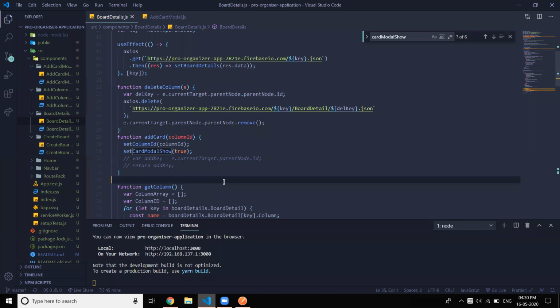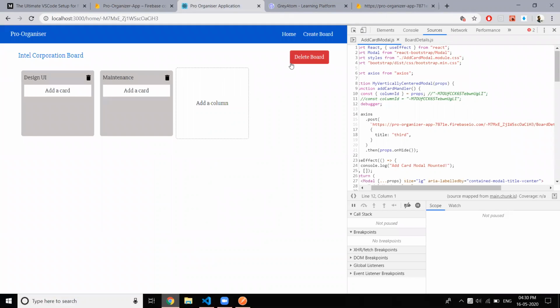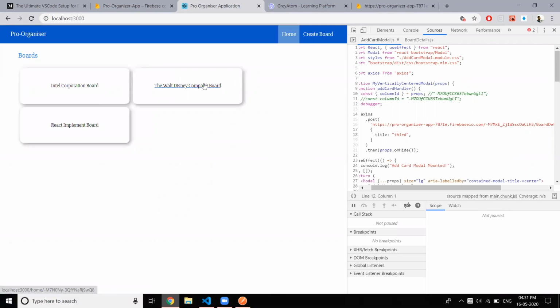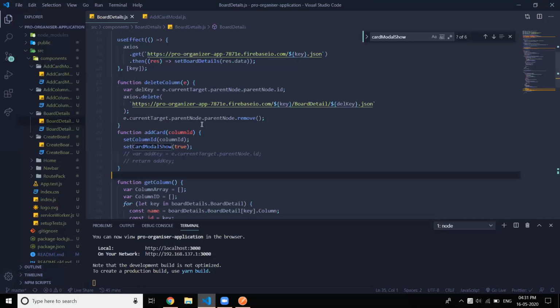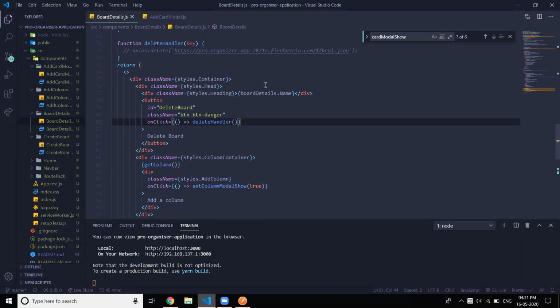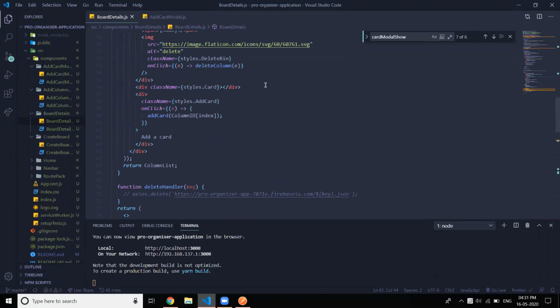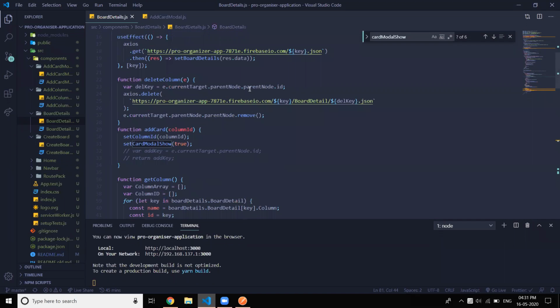Yes, good. So one more thing, on this delete board button, I have to delete this board. So I can't give the blank screen to the user. So I have to redirect it to the home from over here. Okay. So how to do that? On a successful response to your delete request, you can just redirect in the response. Where is your delete request? Over here. Okay, so here you are making a delete request, right? I am just using normal JavaScript to remove it from the DOM, but I have to redirect also.